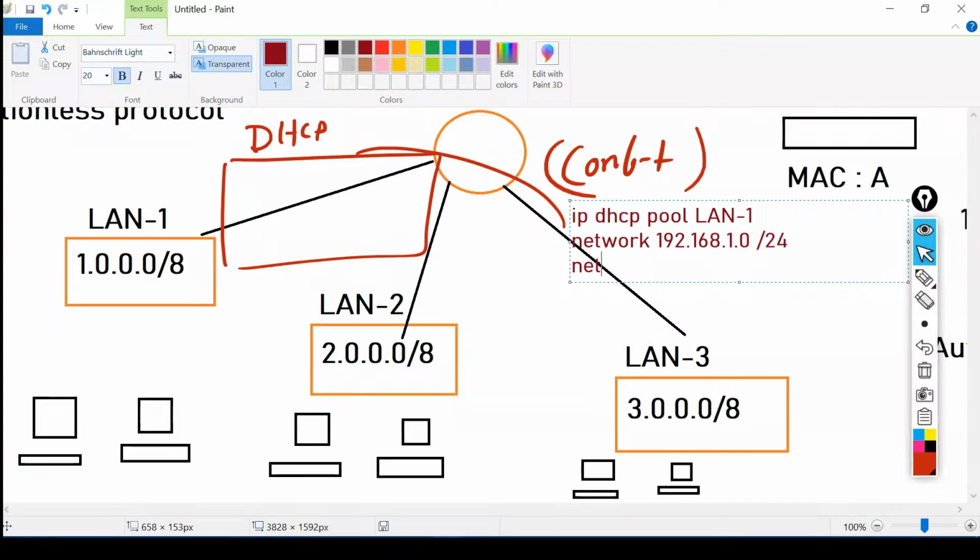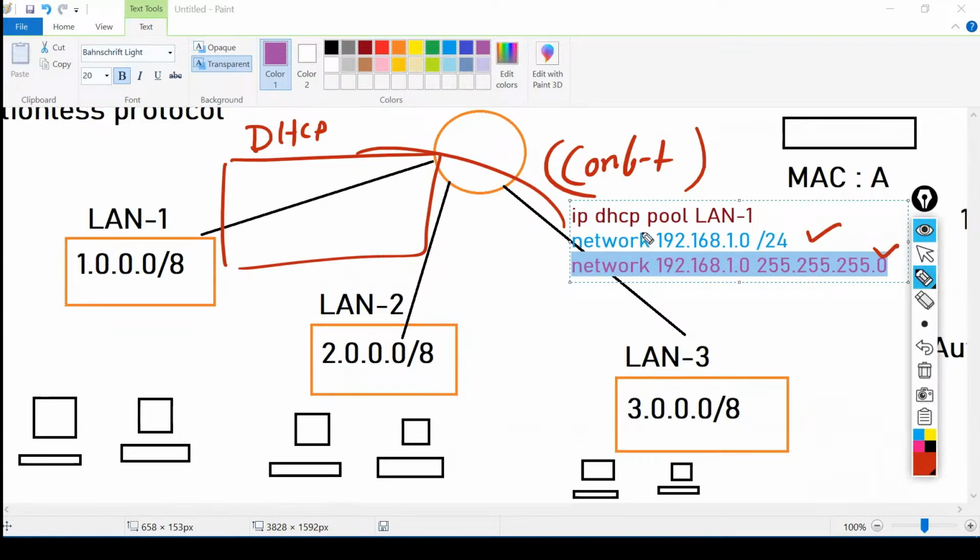Or either you can follow like this one, network followed by the subnet mask, with a space in between. So either you can follow this command, or you can go for this one. Some iOS versions support both of them.